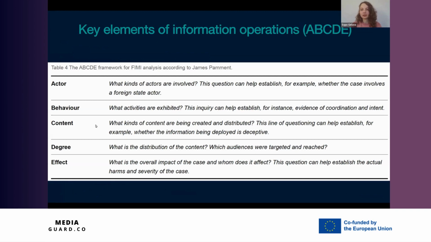A stands for actor. So who is the actor? Is it a formal actor, state actor, non-state actor, foreign state actor, domestic threat actor? So actor is very important. And especially tomorrow when we will discuss some coordinated networks on Facebook, social media platforms help us to identify the actor. So one thing is to analyze open source, which is available for us to identify the actor behind